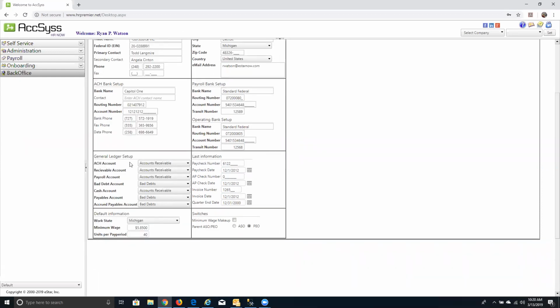Next, we have general ledger setup. And this again is going to be much like